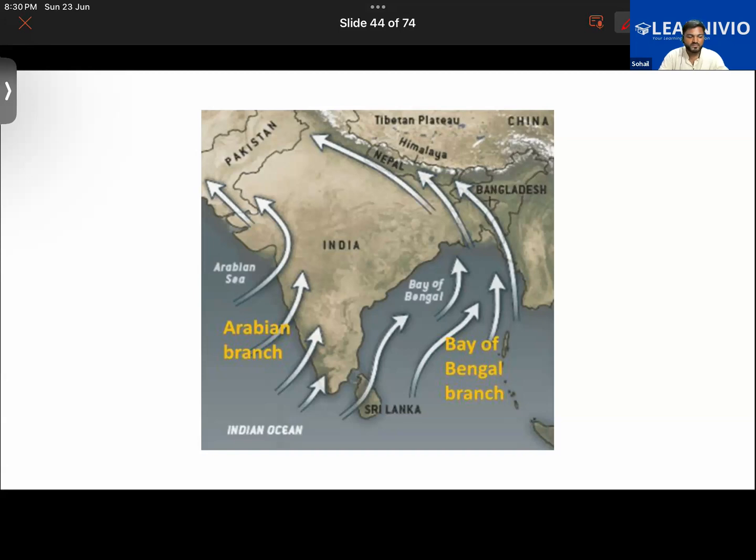Aman and Suleiman, what did we learn about sea breeze moments ago? Yes, anyone? So the breeze during daytime travels from the water body to the land, basically from the sea towards the land, and opposite in the night. So it's a sea breeze happening on a bigger scale. That would bring rainfall.